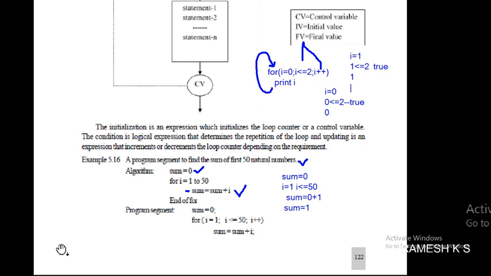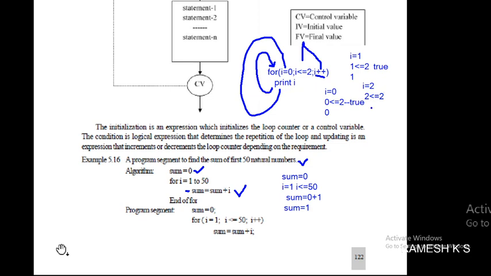Again it moves to the for loop, and I is incremented by 1 unit, so I becomes 2. 2 less than or equal to 2 is true, because the less than or equal symbol is there.